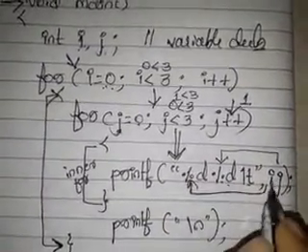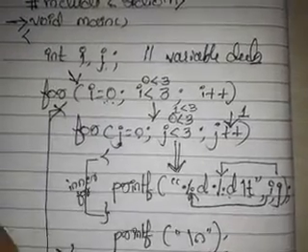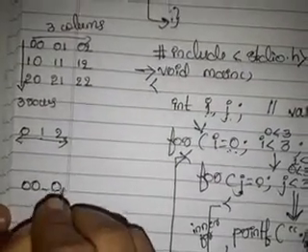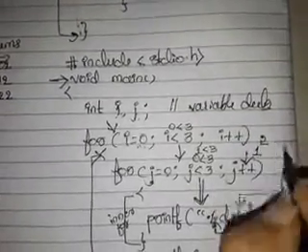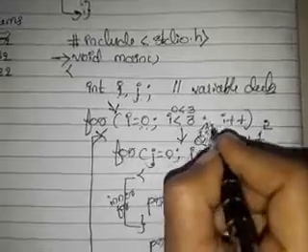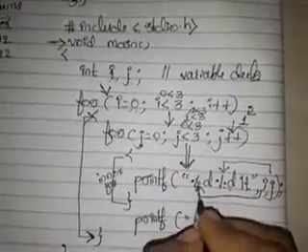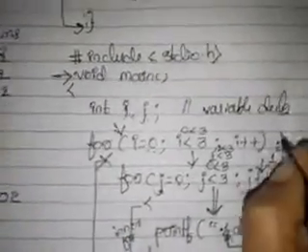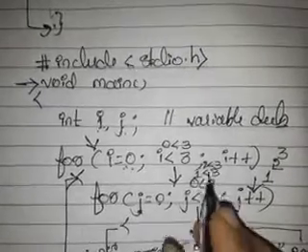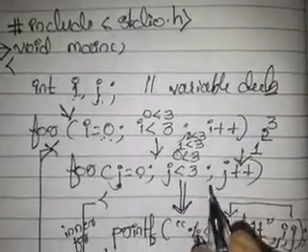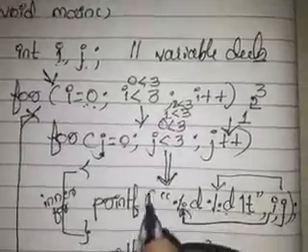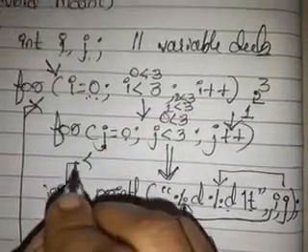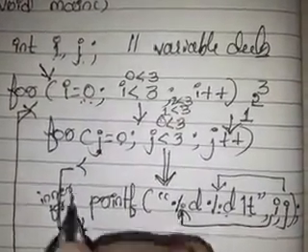%d means the respective values of i and j. So i remains the same, that is 0, but j is 1. Again j++, it will become 2. Okay, 2 is less than 3, true or false? Yes, it is true. It will come inside. %d means i remains the same, 0 2. j++, it will become 3. 3 less than 3, false. As it is false, it will not execute this statement, in the sense this body should not be executed.